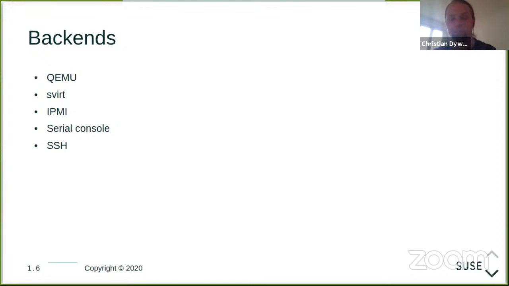And at that point, you can interact with it. So you can type things on a console, you can click things with a mouse, you can type on the keyboard, and test the software in the way that you need.